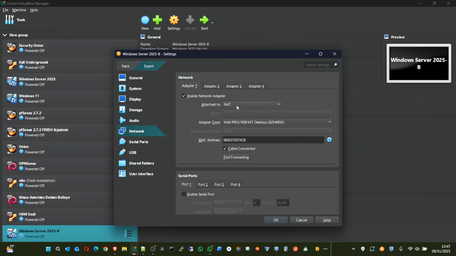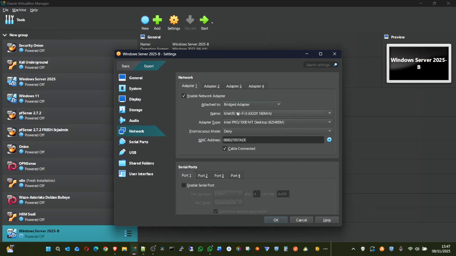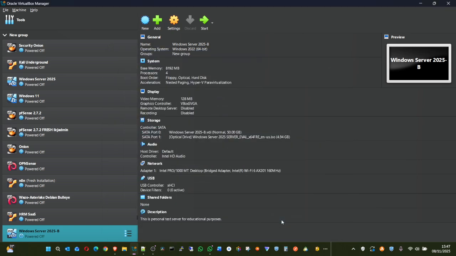Network. Now network, we have two types of network. We have NAT, which is network address translation, and that on its own. But you can also use it as a bridge adapter. I would like it to be on a bridge adapter, and we'll leave it this way as a bridge. And we'll click OK. So everything is set this way. Having it this way, it is now set to start. So once we do this, I'll just click on start.